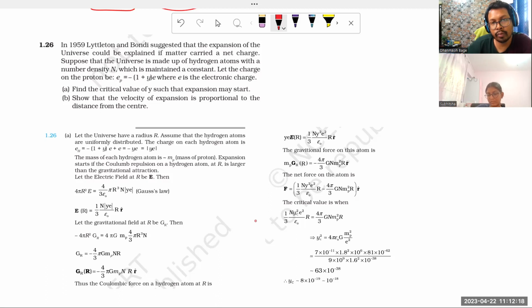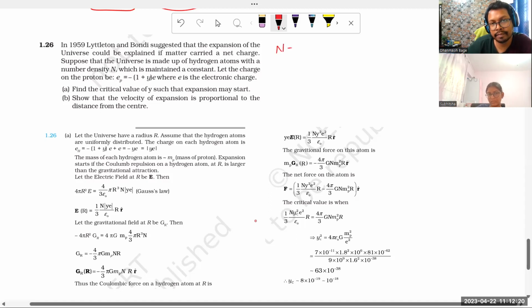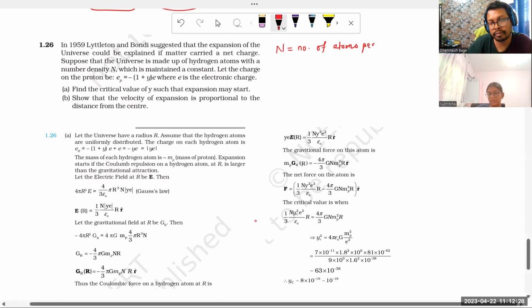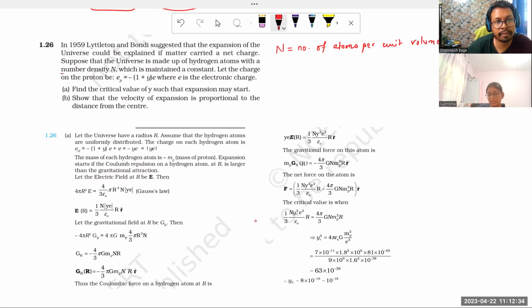Okay, here, what do you mean by number density? I'm not sure. Number of atoms per unit volume. Okay. Per unit volume. This is the thing, number density,